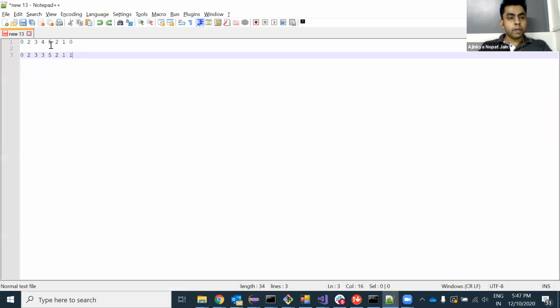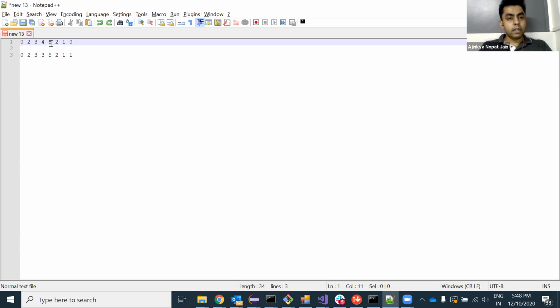So if we observe one thing, till element 5, all the numbers are in sorted ascending order, and after number 5, all the elements are sorted but in descending order. When we see sorted elements, we can think of binary search. So we'll use a variation of binary search over here, wherein we'll have to search for the pivot element, we can say,